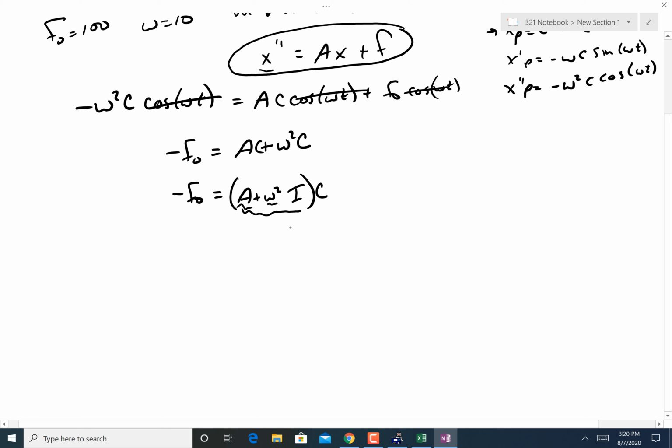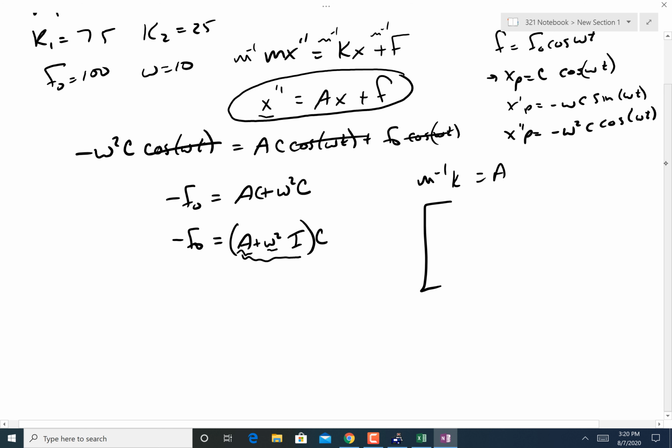So, first and foremost, we have to take M inverse times K. This is our A matrix. And the eigenvectors and eigenvalues of it are what I'm interested in. So that's going to be the matrix 2, 0, 0, 0.5 inverse times